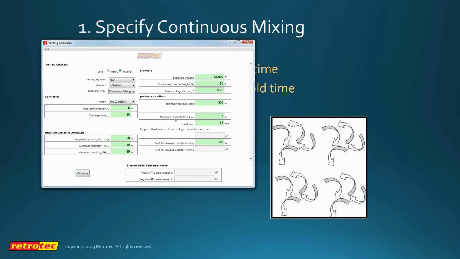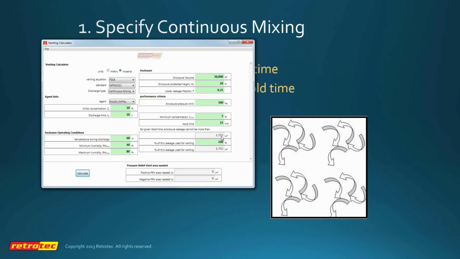Whenever we have continuous mixing, we need to have a minimum concentration, and typically we'll increase the initial concentration. Let's say in this case you increase it to 10%. At this point, the maximum allowable leakage goes up to 1,753 square inches, which is, I think, 4 times